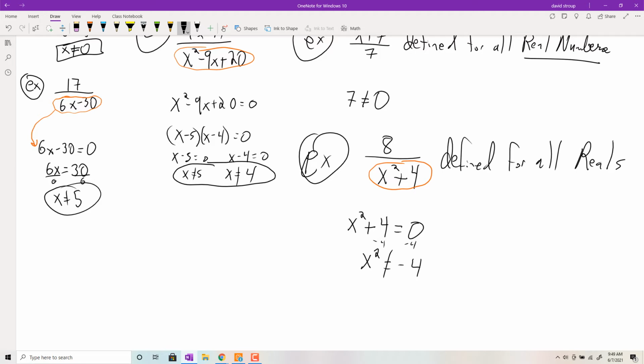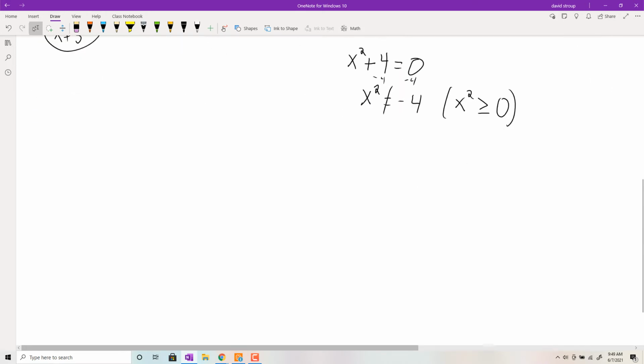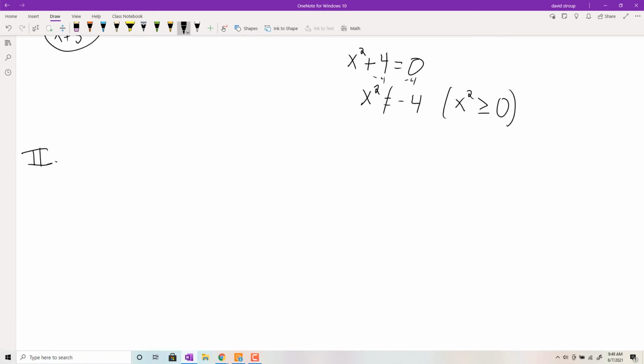So x squared will always be greater than or equal to 0. It's just the way it is. Okay, so hopefully that gets you through those kinds of exercises. What we want to do now is work with simplifying these expressions. Okay, so simplifying